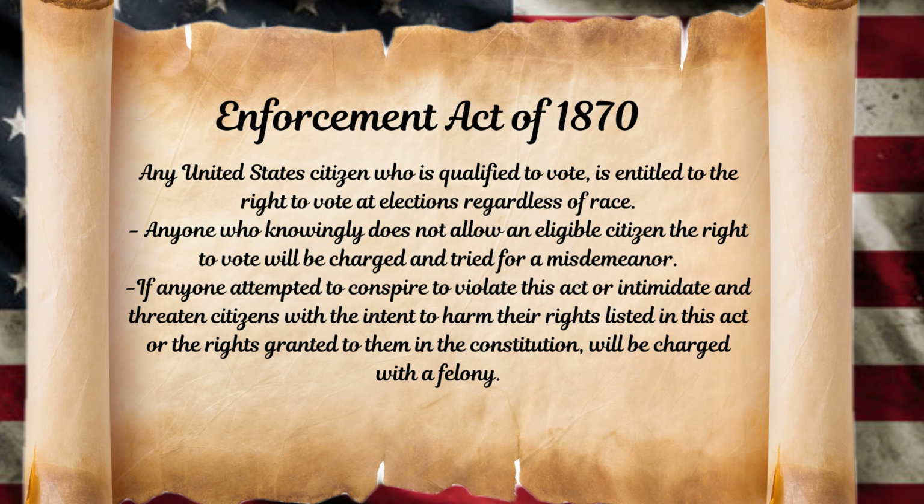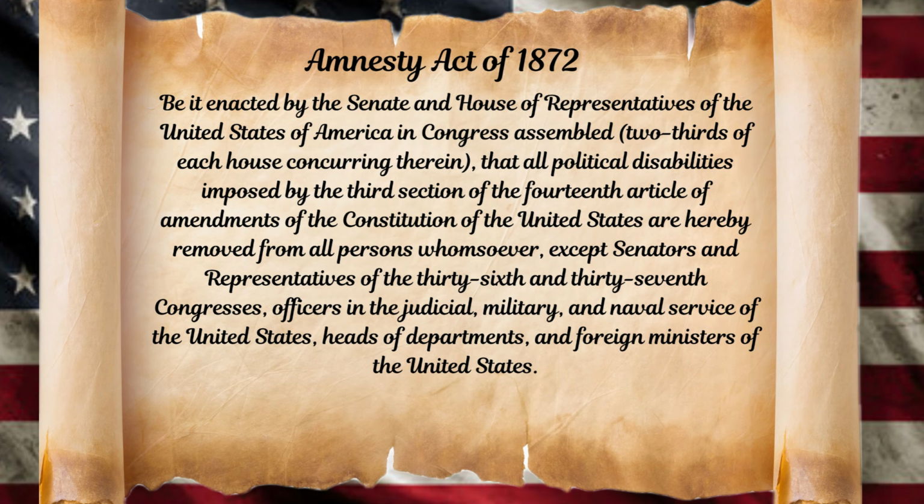It states that a 2/3 majority vote in Congress is required to allow public officials who had engaged in rebellion to regain the rights of American citizenship and hold government or military office. Congress invoked the section for multiple would-be office holders after the Civil War, when it refused to sit certain members. Congress passed the 1870 Enforcement Act to enforce the provision. In 1872, Congress passed the Amnesty Act, which removed the prohibition for most ex-Confederates.